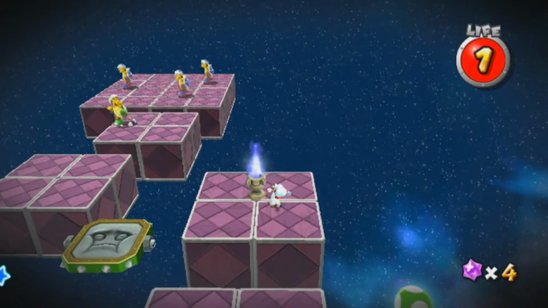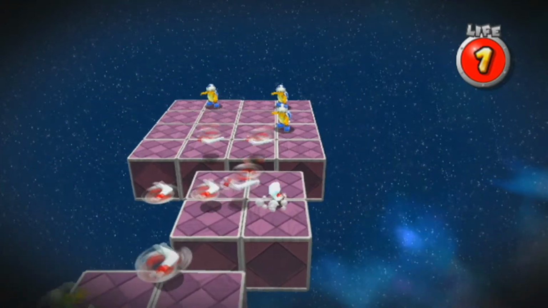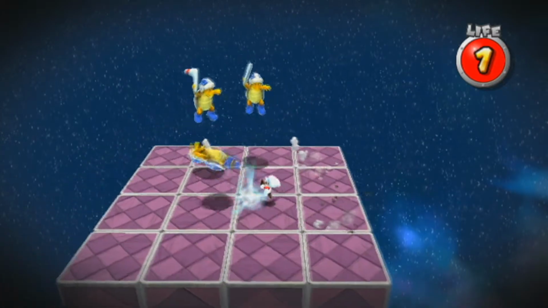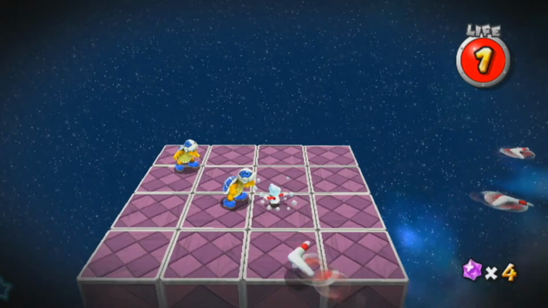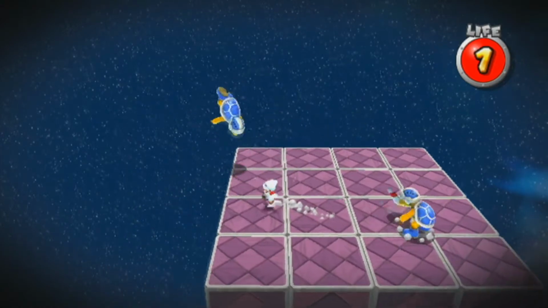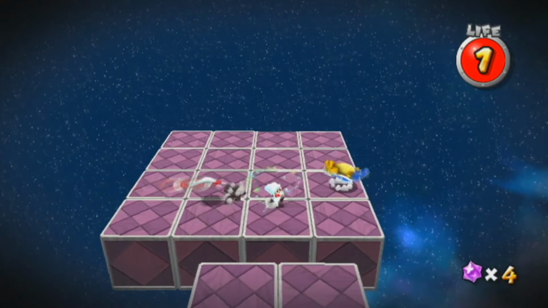Okay, so the trick here is going to be we're going to take out that Hammer Bro if we can, which is easier said than done, or he's going to jump past. Okay, if he jumps back, then don't even worry about him. But the trick here is going to be to take out all the Boomerang Bros, and as I said, you can crouch underneath them if things get problematic or hectic. You can do that to dodge all the boomerangs, which I definitely need to do there. Okay, last one. Dodge all the boomerangs, dodge them all, and then spin into him, and then